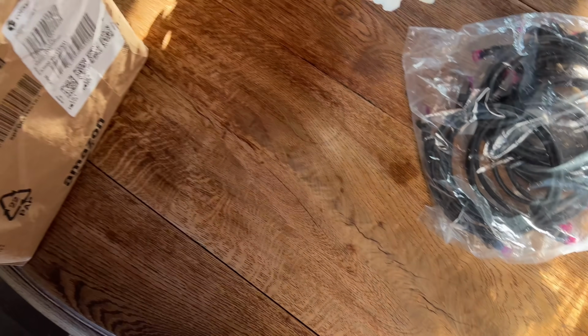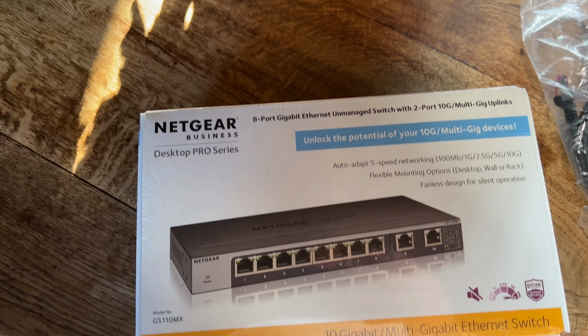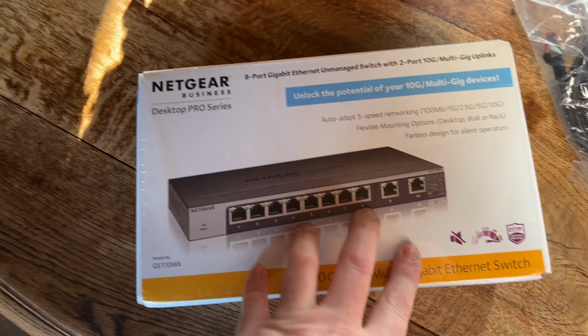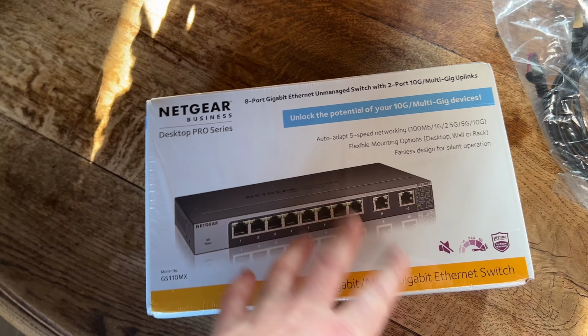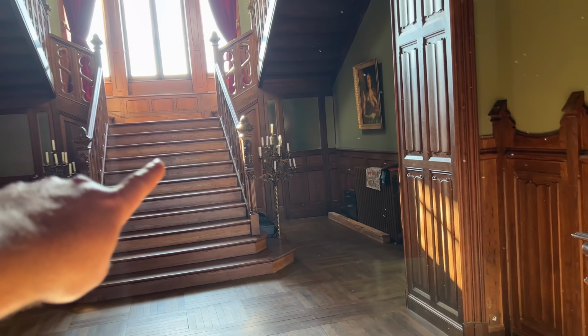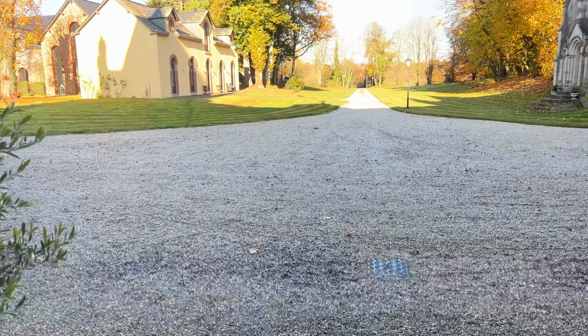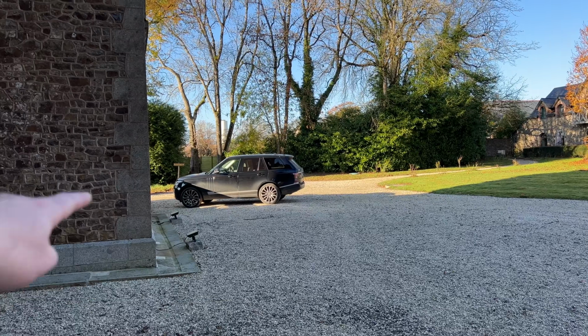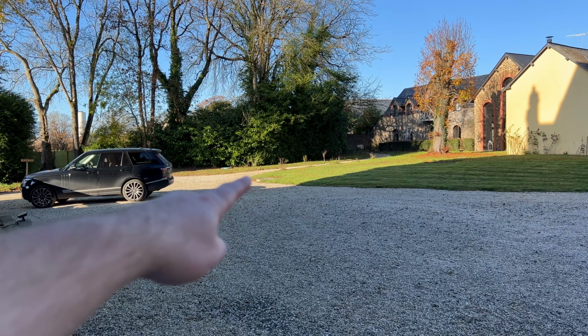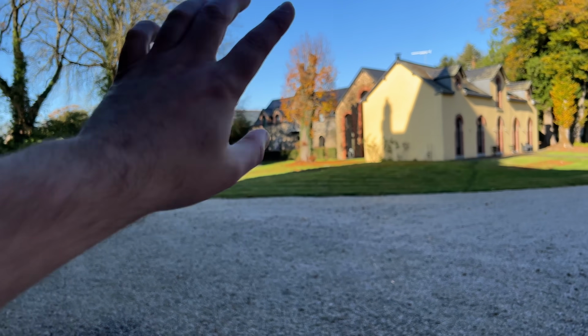Okay, more Ethernet cables. Another switch. So we are putting the Starlink also in the house we are living in, the guest house. Mo has put a cable all the way from the box, which is underneath the staircase, all the way through the chateau basement, and it goes all the way underground below the car into this concrete ring. Then it also goes through all the ducting into the garage and the guest house,